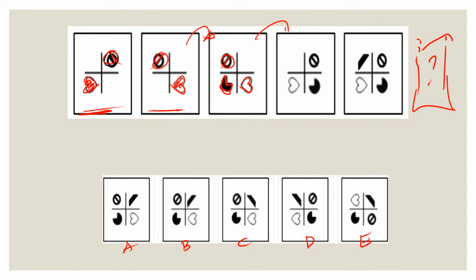Okay. Now going from the third to the fourth, what we see is again a flipping or a mirror imaging of the third figure. So the heart went back to this position, the stop sign went back to this position, and then the crescent here is the mirror image of the one that is in the third figure.